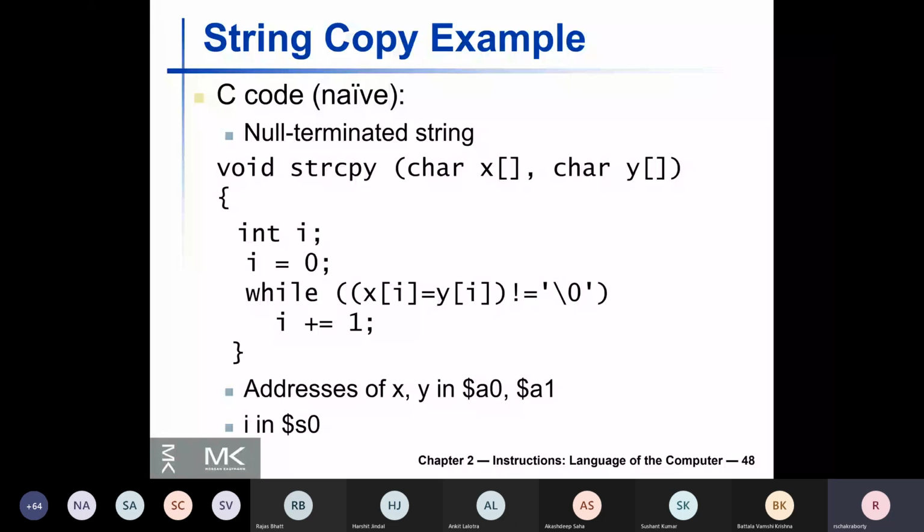Okay, why do you want to keep it in an S register? As such, there is no reason for this, but just to show you again how to save values on the stack and later restore them, they have decided to use the S0 register to store the iterator variable i. So strcpy is the function